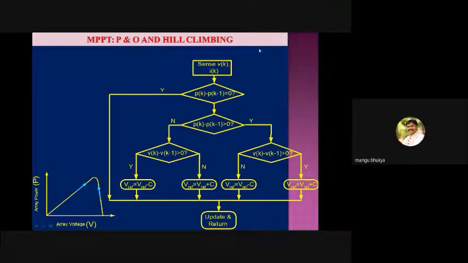That is the control part, the maximum power point tracking algorithms. This algorithm is just like what we have learned in C language. The algorithm works by seeing the characteristics. It is just like hill climbing. Our goal is to climb the hill to the peak point, and you have to see whether you are ascending or descending. But the final goal is to reach the peak point of the hill.